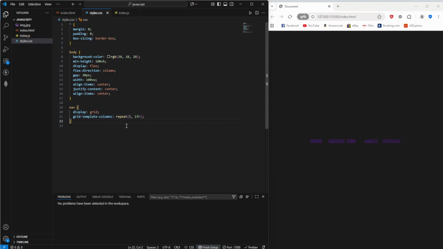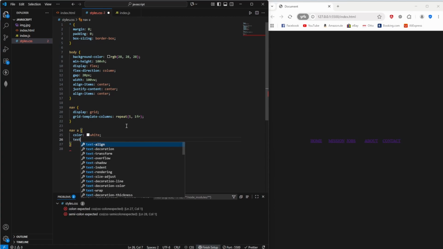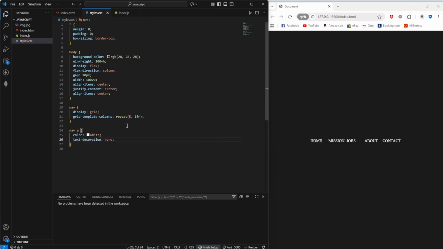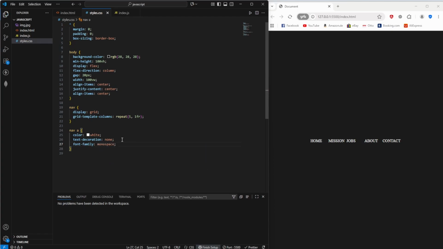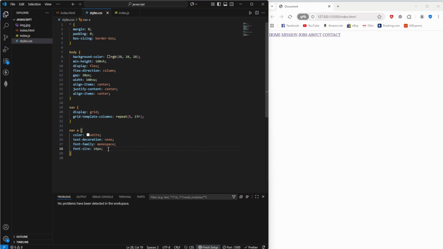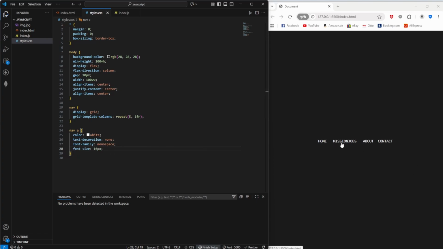Now let's start to style our anchor tags inside of our nav bar. And let's say we have a color of white, we have a text decoration of none, we have a font family of monospace. You can obviously choose whatever font family you want to use. Let's use a font size of 16 pixels. And let's say it works like that. Obviously now it looks like we just have 4 columns, but we can change that by using position of relative